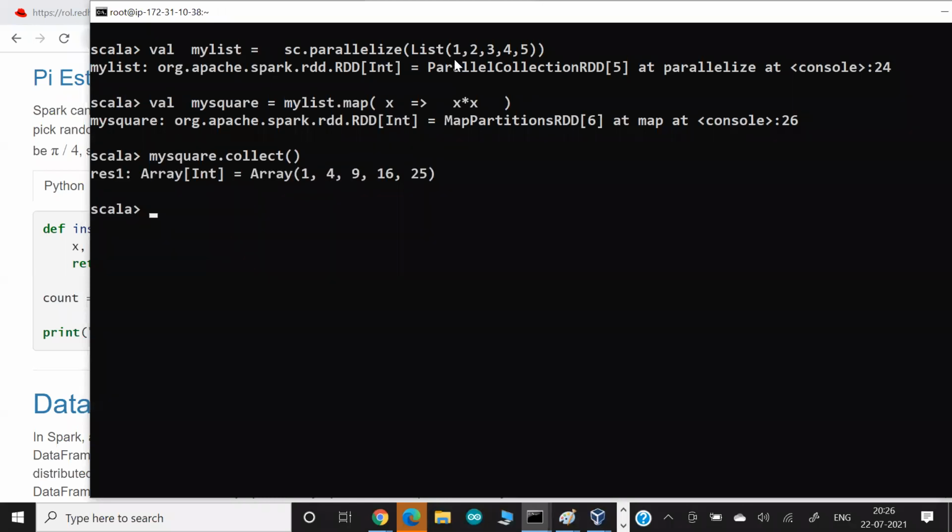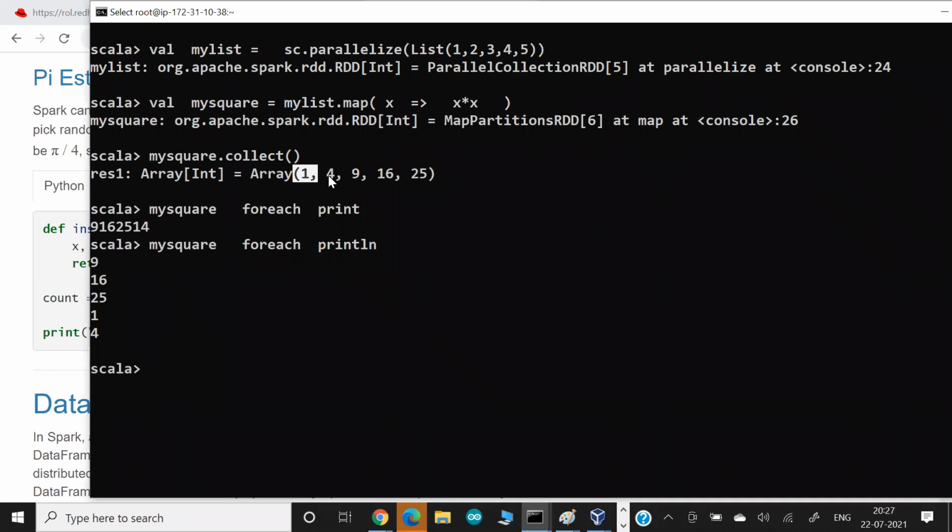So it is working very fine. There's no challenge in performing this. Or maybe there's one more way to print this. I can say my square, and I want to pick this one, then this one, and this one. So I want to print one by one. For this, there's a keyword called foreach. This is a for loop from Scala, and they print one by one. Actually it is println. They pick this one, and this one.